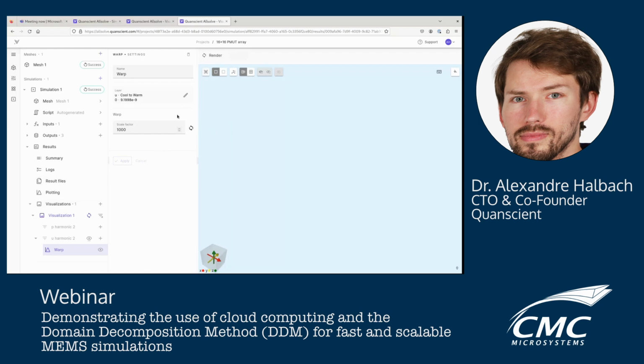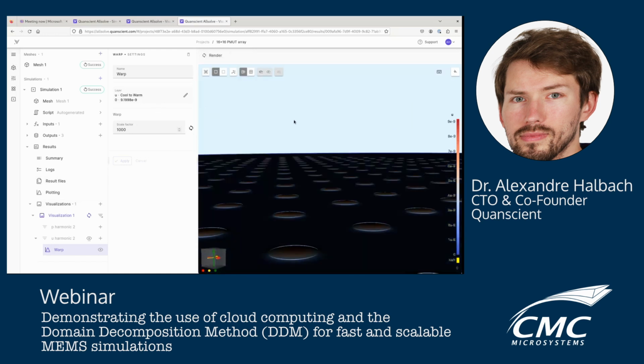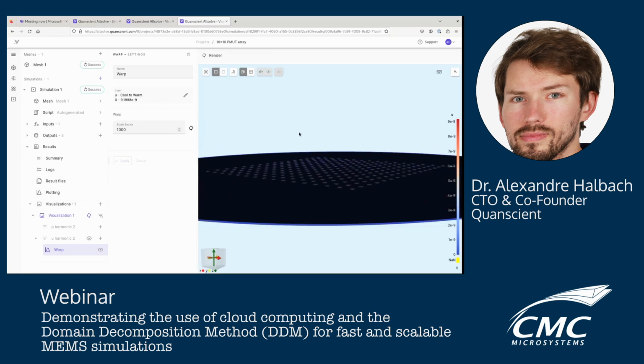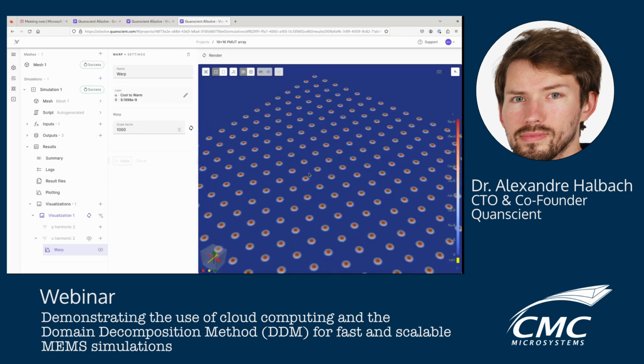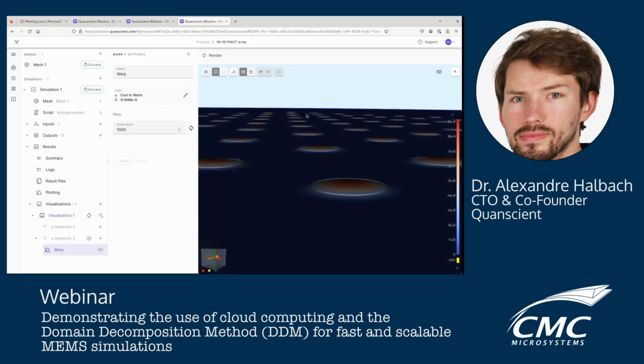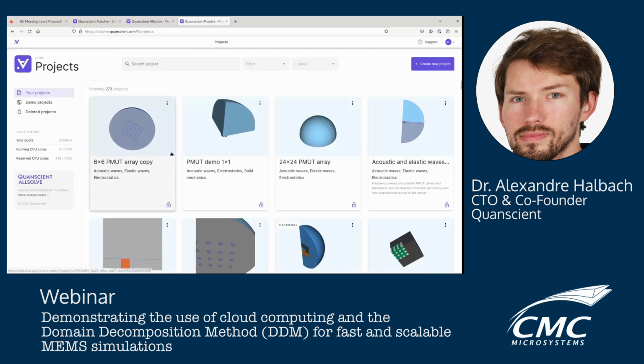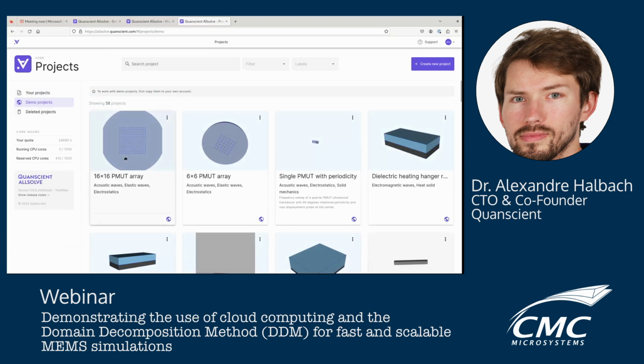Well, there we have it. The displacement is not exaggerated enough, but basically you can see the membrane bending upwards. And that's about it. As said, we have lots of other types of simulations that I will not have the time to go through, such as